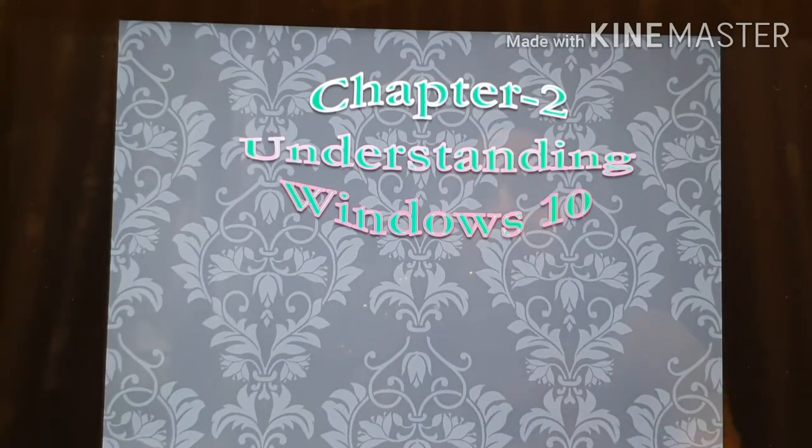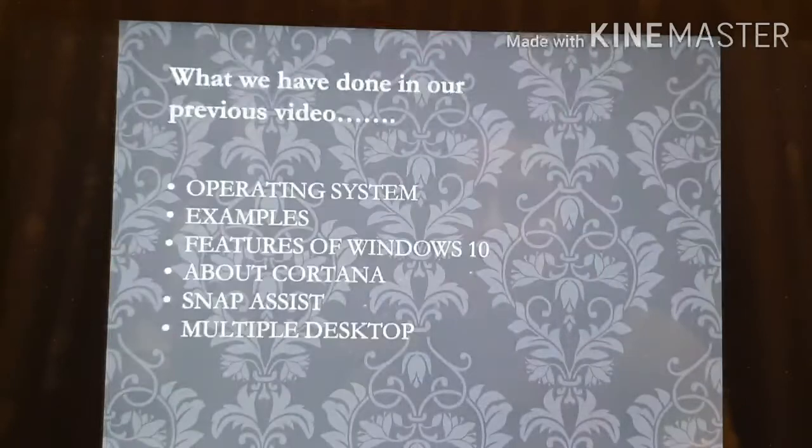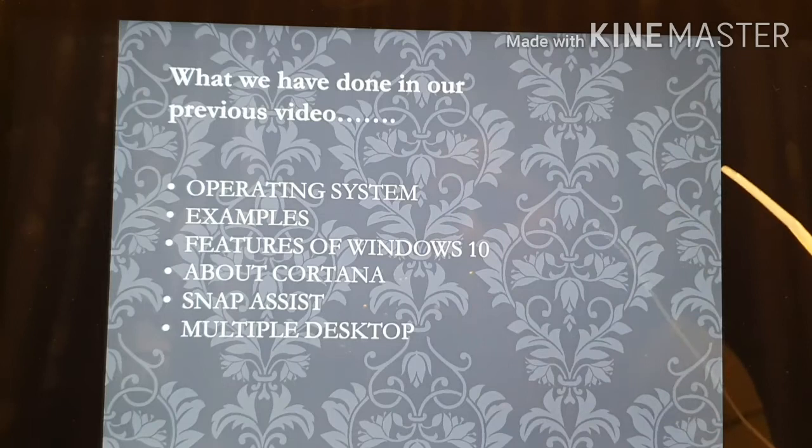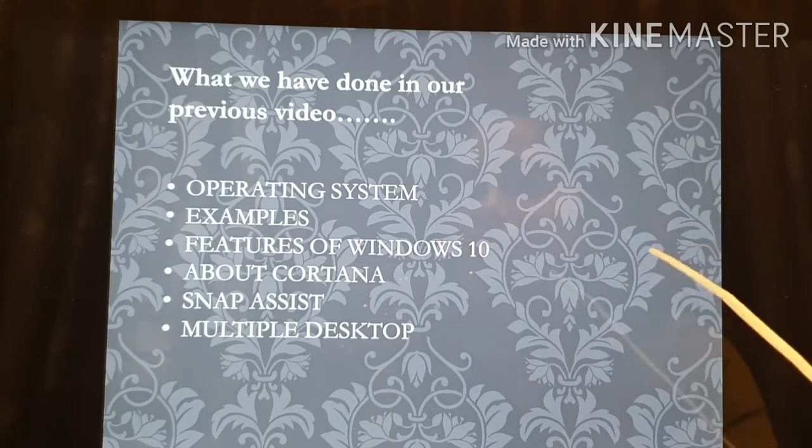Okay. In our last class, what we have done: operating system. What is an operating system? Examples of operating systems. Features of Windows 10. About Cortana, I have discussed. Snap Assist, we have done. Multiple desktop, we have done. Okay, now the next is